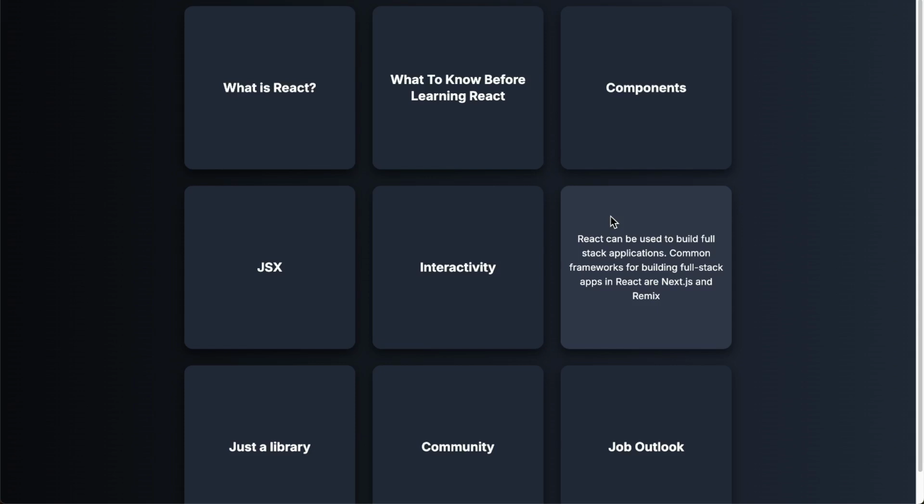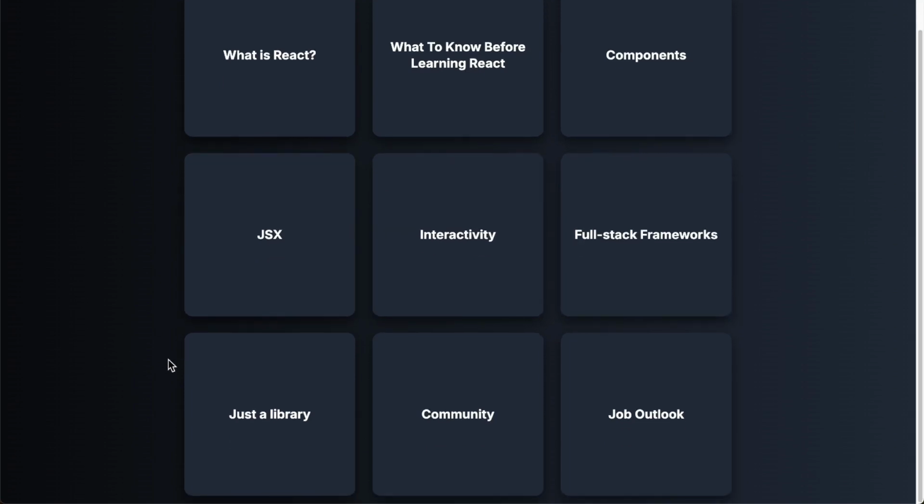So both the UI, which would be front end, and then also database work and API work, which would be more back end work. And combining the front end and the back end is considered full stack. So you can build full stack applications using React. You might just use something like Next.js or Remix or even Django as your backend, because React is really focused on just building what the user sees, the user interface.